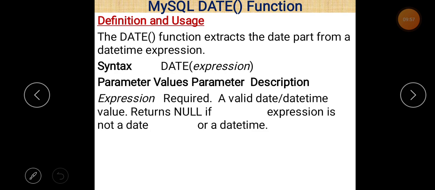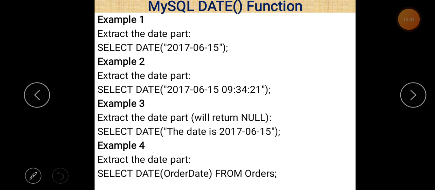Let us see an example, it will give you a clear idea. Suppose I write SELECT DATE, and within double quotation marks we give the date. Always remember that the date is given in the format year, month, and day. So 2017-06-15: 2017 is the year, 6 is the month, meaning June, and 15th is the day.